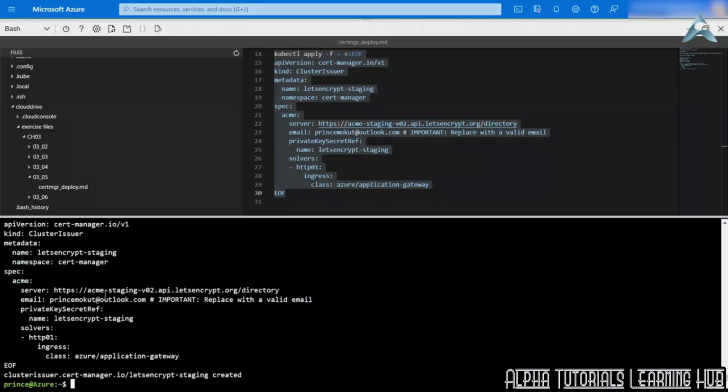A cluster issuer resource is deployed into the cert-manager namespace. Notice the server API has staging in it. This is to ensure that verification works properly. To change this to production, you will simply remove the staging keyword, or you can check the docs to confirm the current API use. Private key reference is the name of the secret used to store our certificate account's private